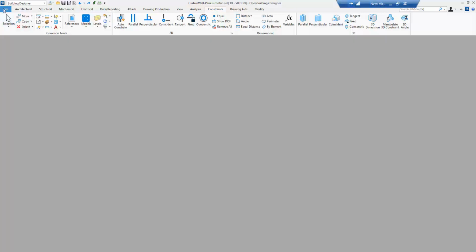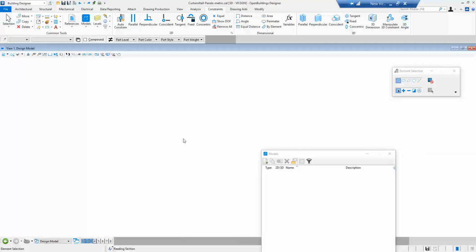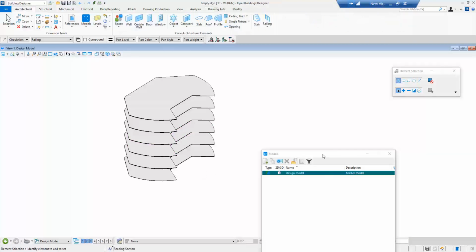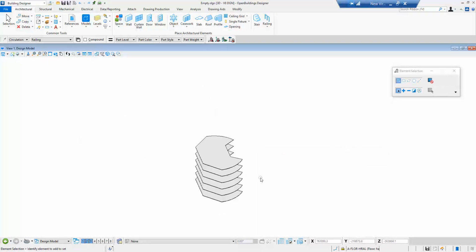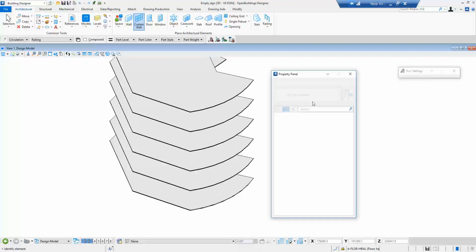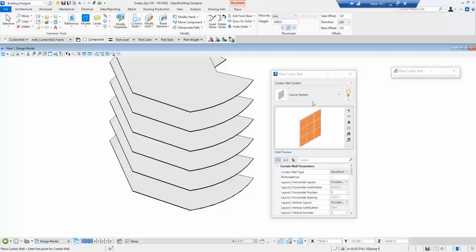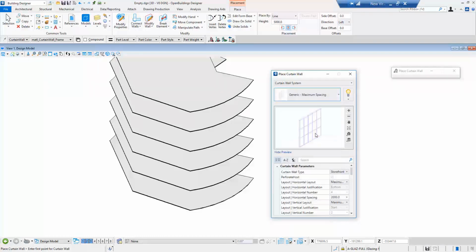So what we can do is, let's move to a file where we will take a look at how we can place and edit some of these new types of curtain walling systems. So in the old method, it was reasonably simple. We would have a curtain wall. We could choose one from our predefined list,